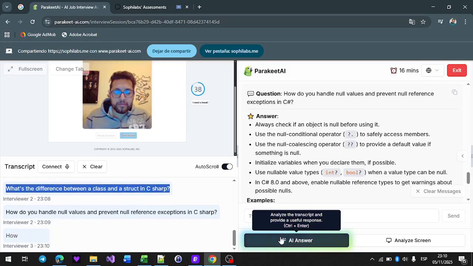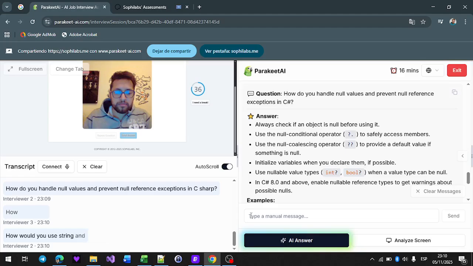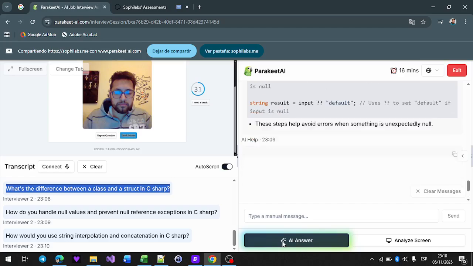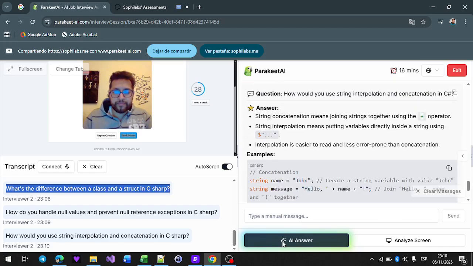How would you use string interpolation and concatenation in C Sharp? String concatenation means joining strings together using the plus operator. And string interpolation means putting variables directly inside a string using